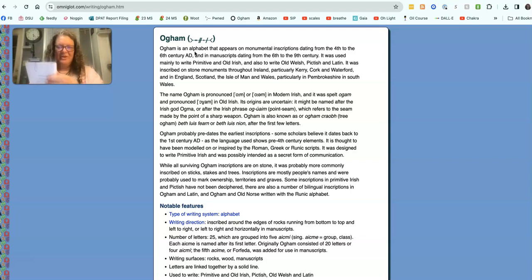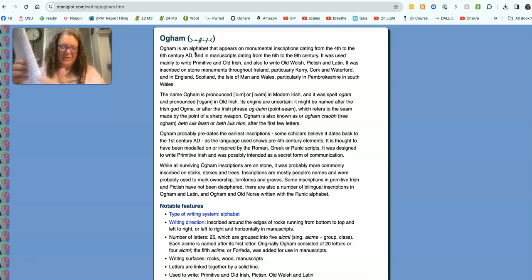Remember, I'm not an arts and craftsy person. The way that Ogham is written, hopefully you can see this, it's written from the bottom to the top, and it's written across the edge of the stone. And so when you see written Ogham, there's always a line down the middle, depending on if you're reading it up and down or if you're reading it sideways. There's always a line in the middle. That line represents this crease.